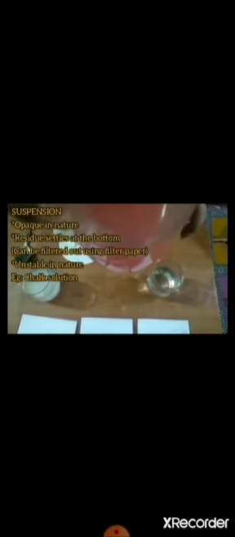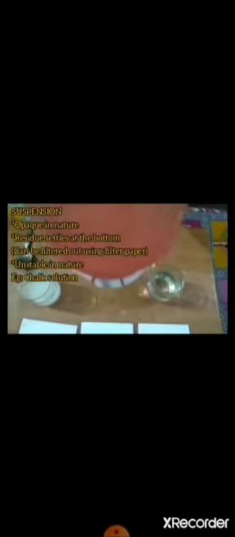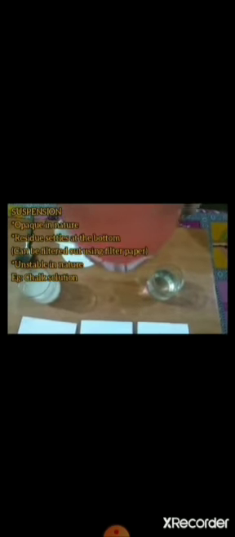Then you can see, children, the chalk powder solution. Chalk is stirred. Children, instead of white, colorful chalk I have taken, and a suspension is prepared. It is opaque in nature. Residue is settled at the bottom, or sometimes it is floating on the surface of the water. Unstable solution. So it is a suspension. You can clearly see, and it is opaque also, meaning we cannot see through the glass.